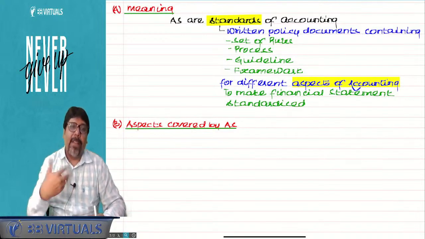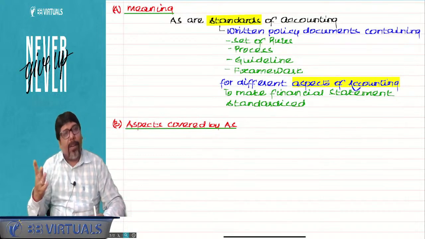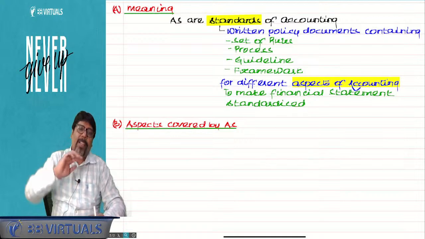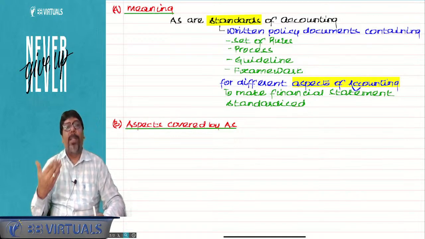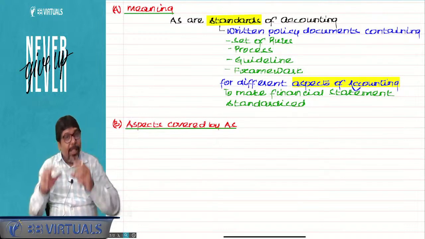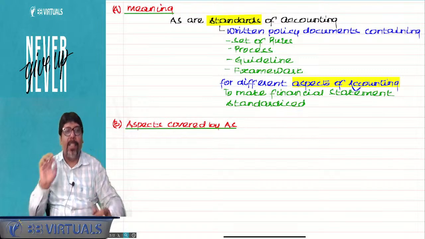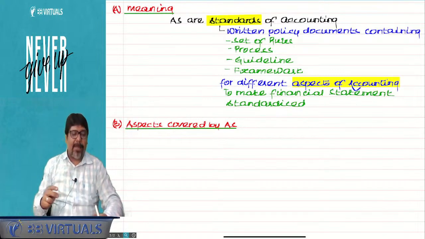Second, what is the definition of foreign exchange? Third, what is not foreign exchange? How to record a foreign currency transaction? How to measure a foreign currency transaction? How to show it in the financial statement? So the issue is foreign currency and it has got aspects. I hope you understood the difference between issue and aspects.